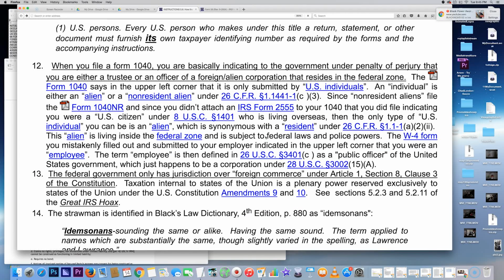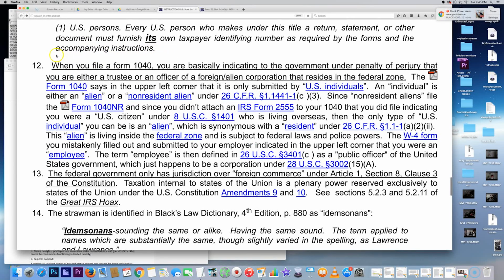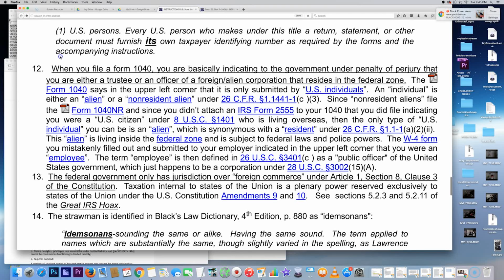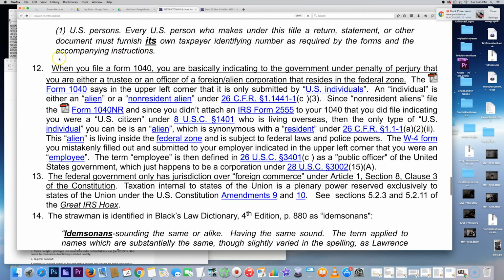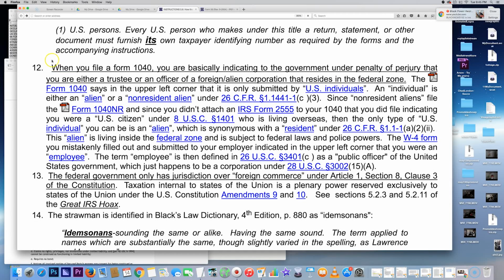So yeah, if we're filing these documents which we shouldn't be filing, that obligates us into the further contracting of the straw man and his Social Security number, which signs us up to make us liable for yearly taxes up under the Form